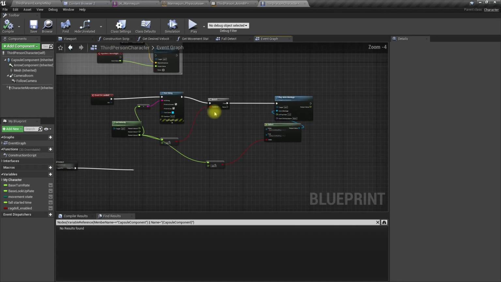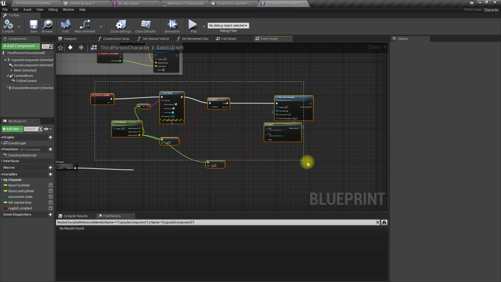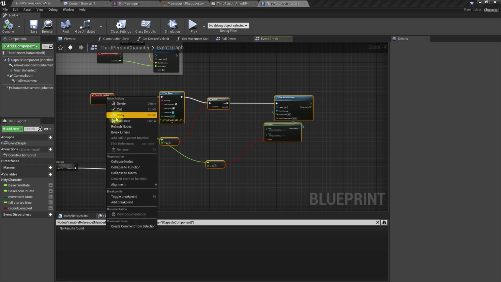Here. Oh, we should collapse this, otherwise we would run out of room here.